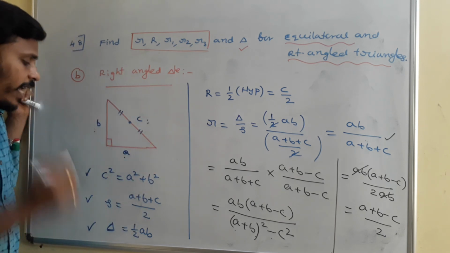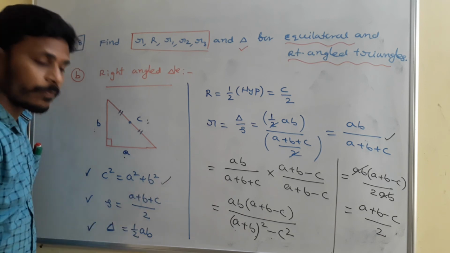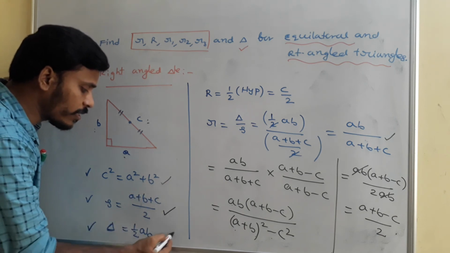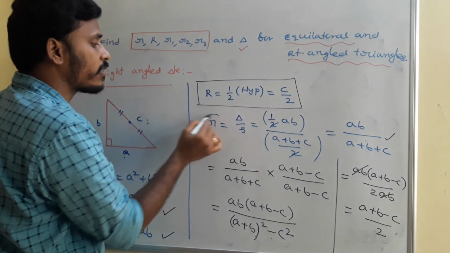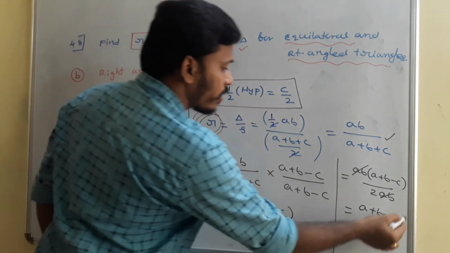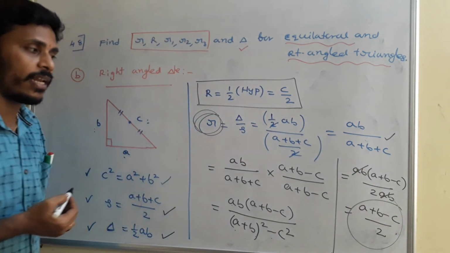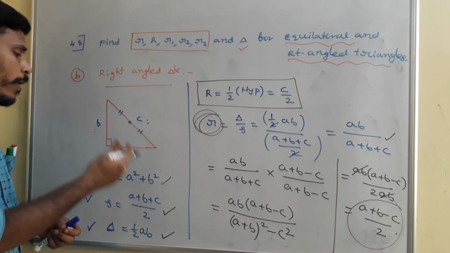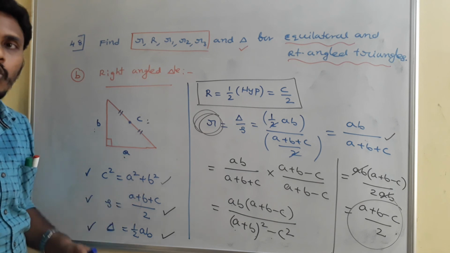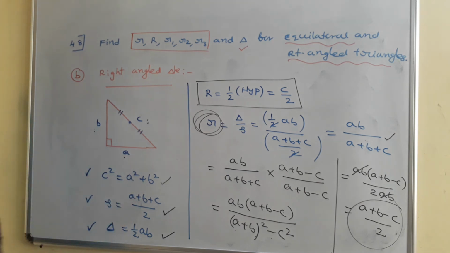Okay. So for the right angle triangle, this is the Pythagorean result. This is the semi-perimeter, this is the area, and this R is equal to C by 2, the circumradius. At the end, the inradius small r is equal to (A plus B minus C) by 2. Now with the same analysis, you may calculate R1, R2, R3 also. Just think about it at once.